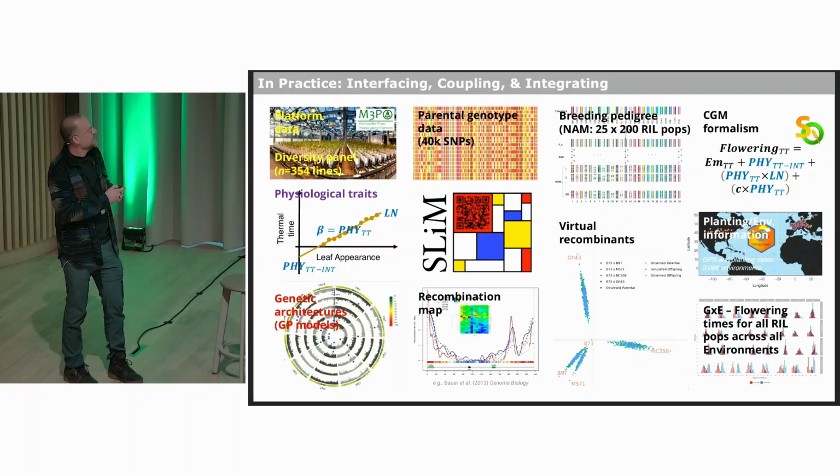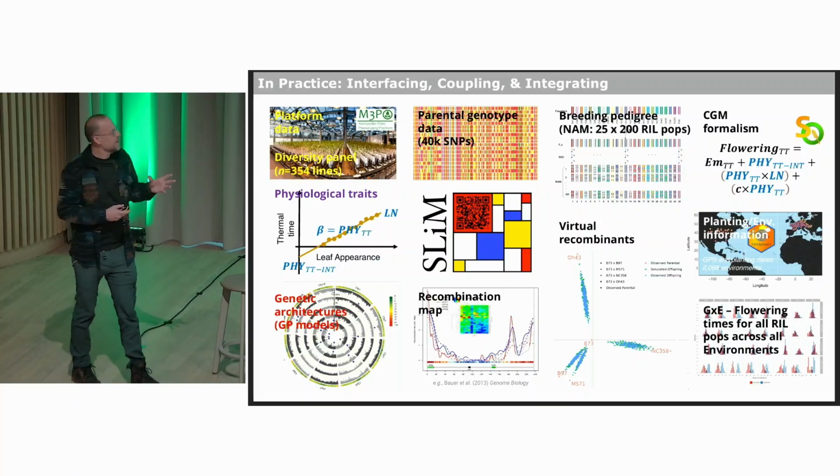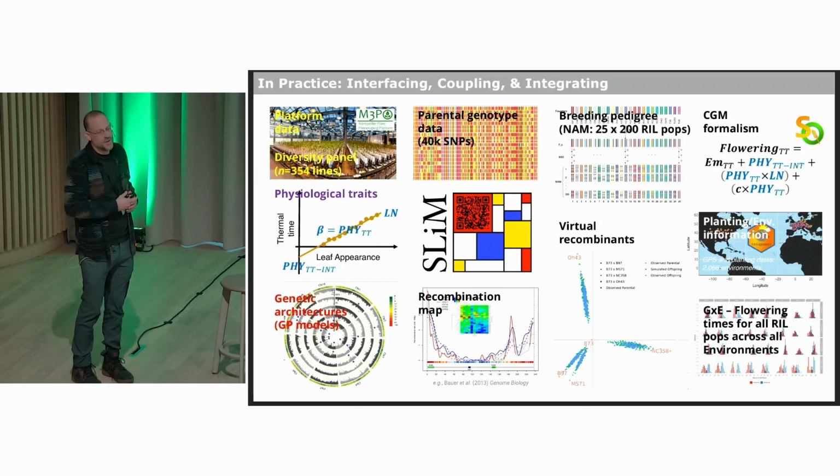So we're taking real genotype data. This is genotype data that has been imputed from the diversity panel onto a collection of populations called the nested association mapping population of maize. So we're taking individual genotypes, pairs of parents, putting them into the simulator, making a virtual cross, according to recombination maps that were also estimated for maize, and then generating virtual recombinants. And those virtual recombinants here are shown in this graph